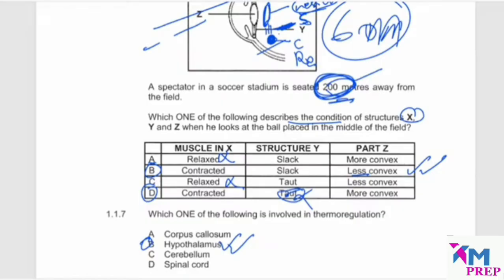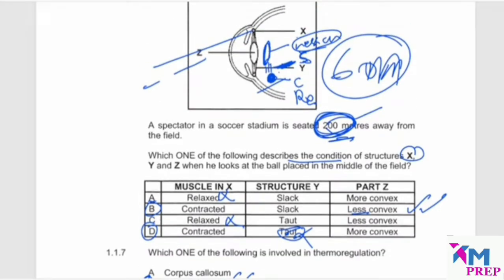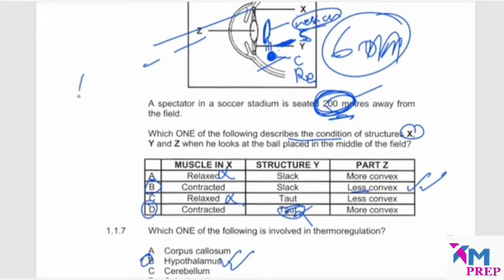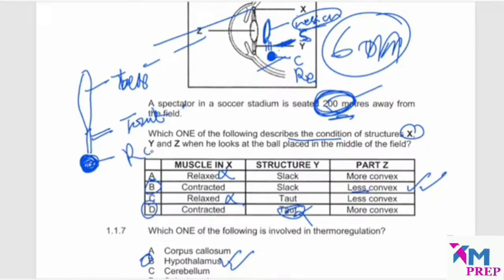Yes. Let's come back to that. We are saying that we need to look at the lens. The tension on the lens is supposed to be high, and this one must be too strong. So taut, it becomes less convex. Yes, less convex, and then the tension on the lens must become taut. Yes, taut, and then the ciliary muscles must what? Relax. Okay, thank you so much.